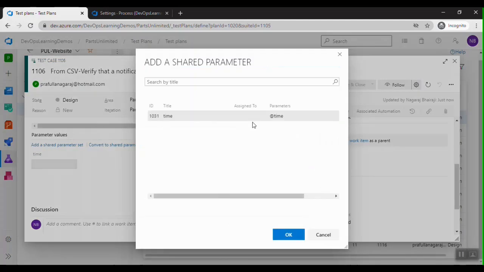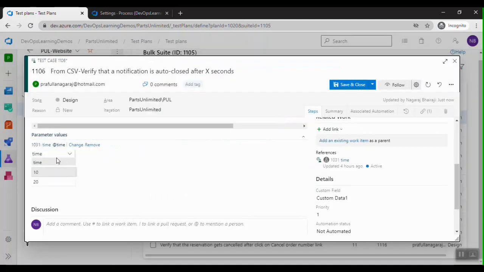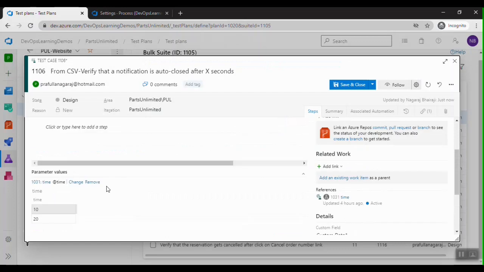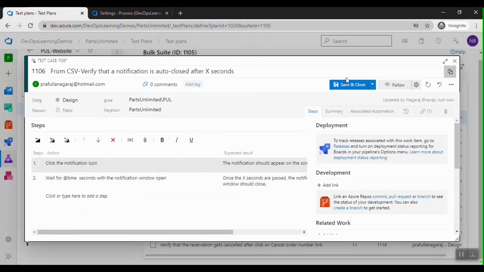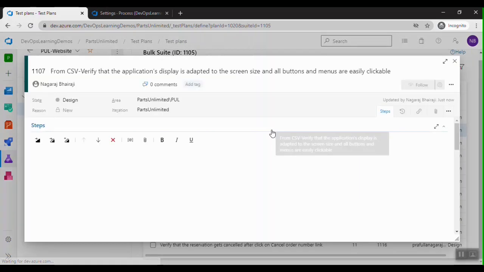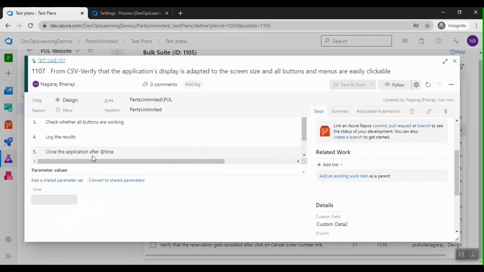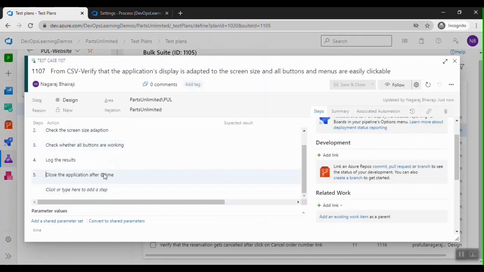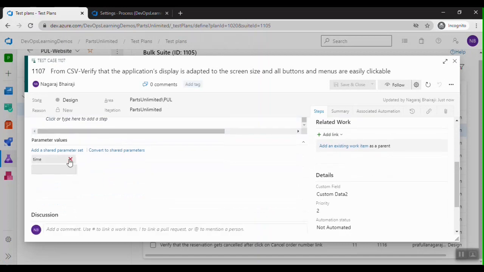If I click here, yes, I have a shared parameter also, I can click on that, and you can see it has taken that value. And here also you can see at the right time. If I don't want the shared parameter, I can fill the details here.